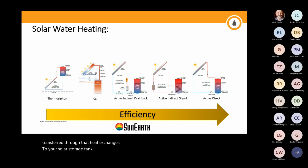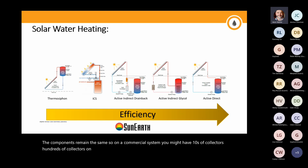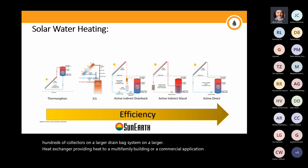So again, in these systems, the components remain the same. On a commercial system, you might have tens of collectors, hundreds of collectors, on a larger drainback system, with a larger heat exchanger, providing heat to a multifamily building or a commercial application. Right. Moving on to the next one, we have